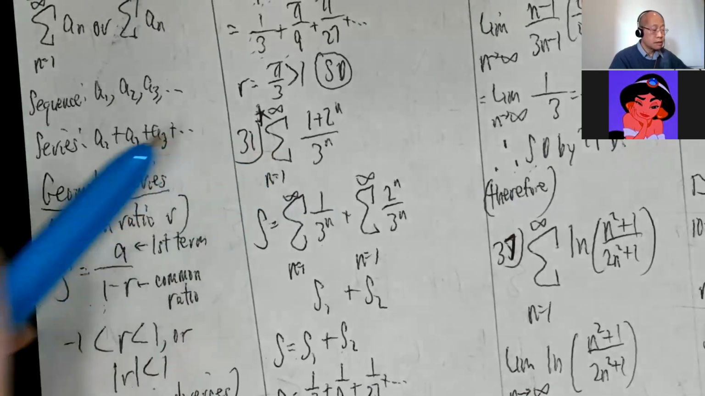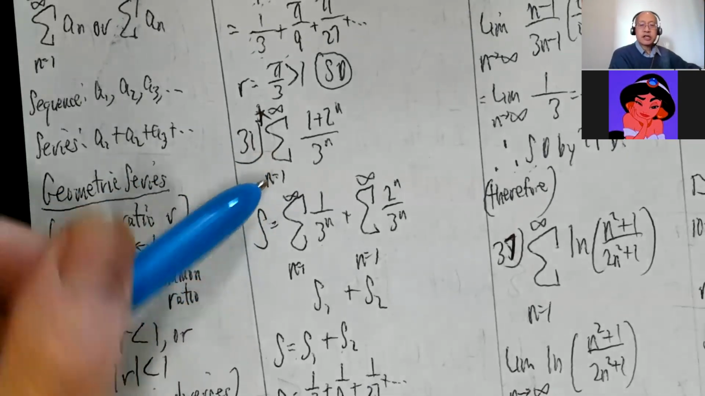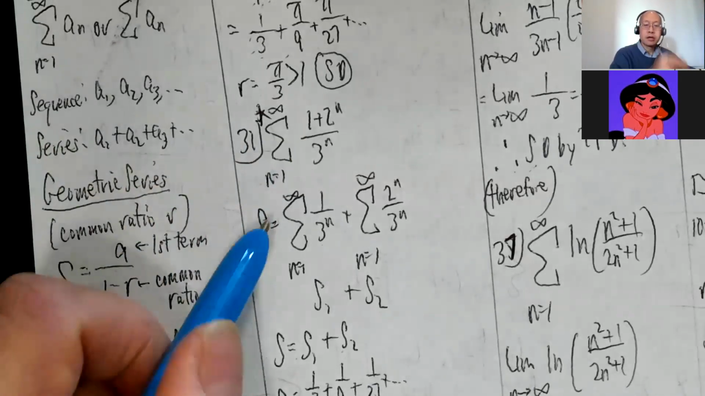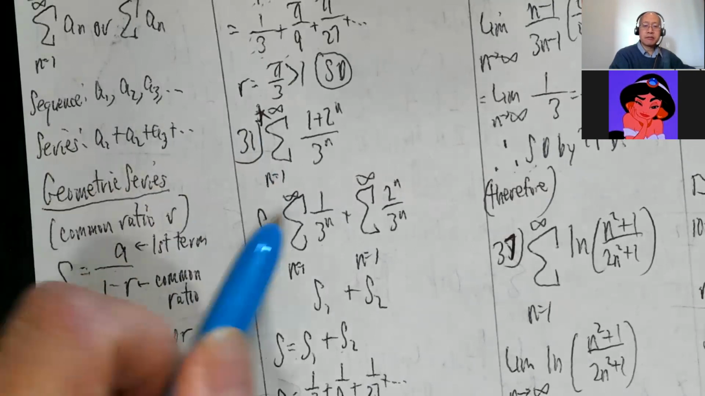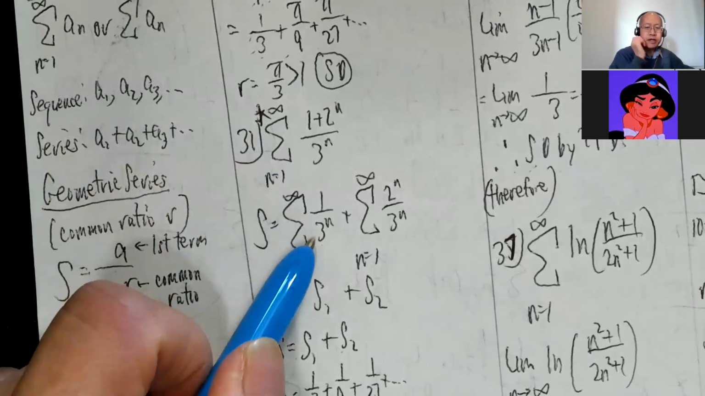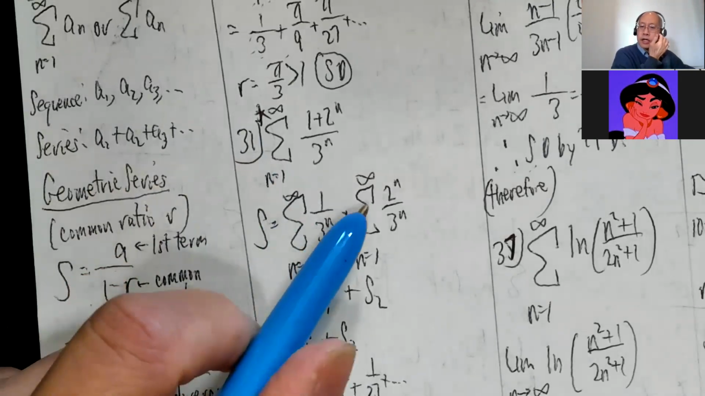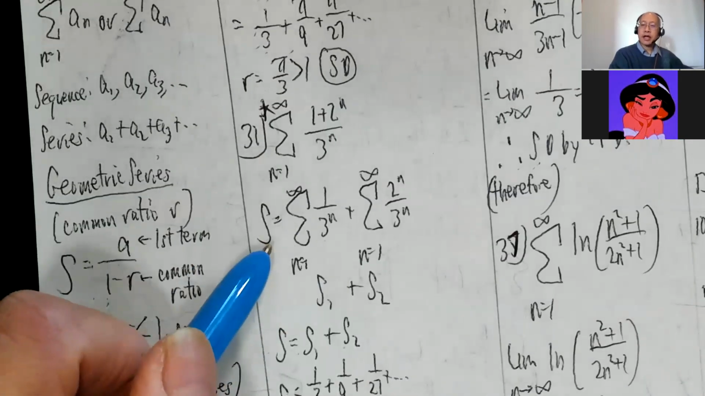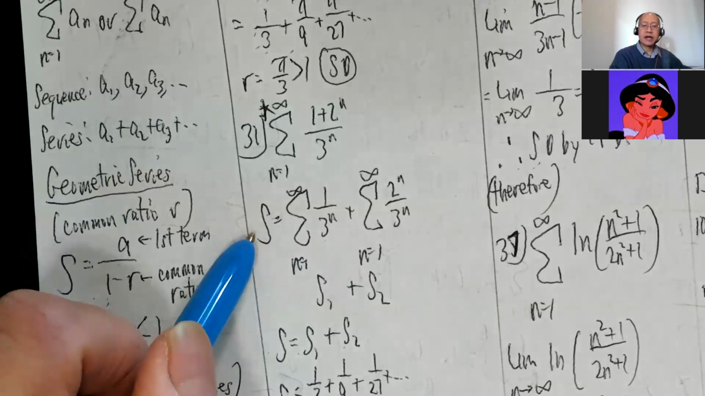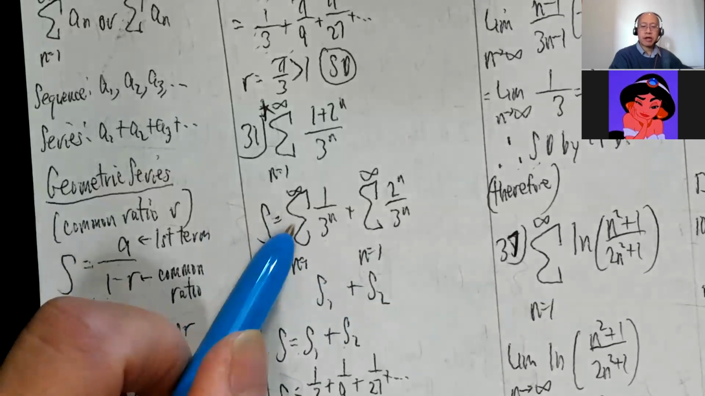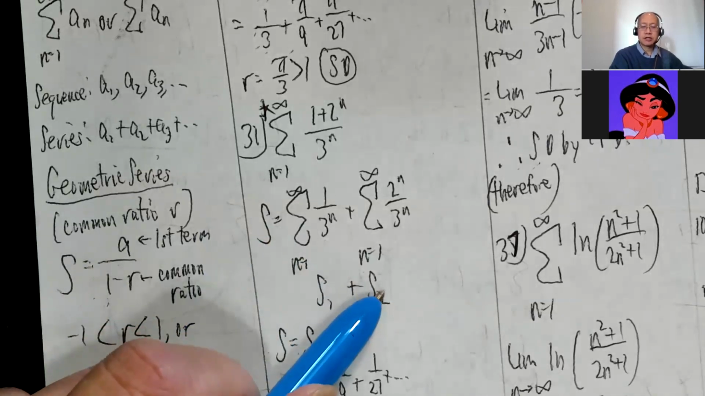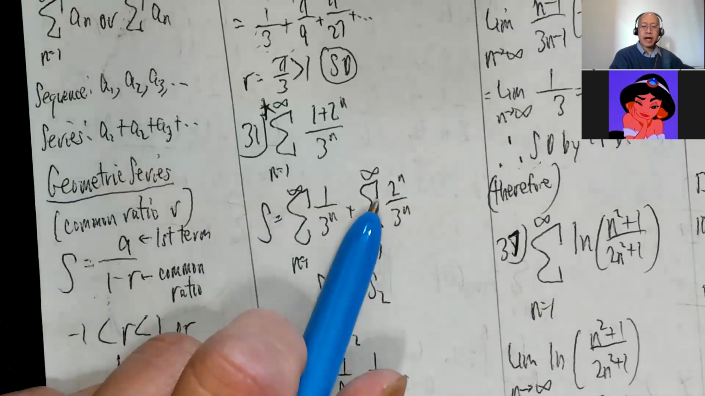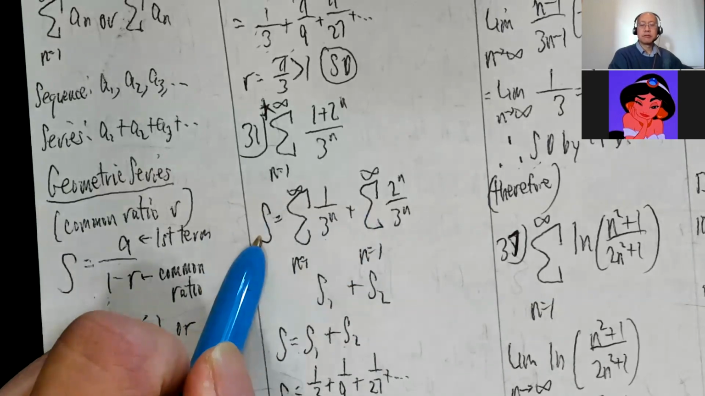31 star. This is actually not geometric, but I can split it into 2. I can split the sum into 1 over 3 to the n plus 2 to the n over 3 to the n. And just like for the integrals, where I broke up the original I into I1 and I2, I can break up the series into S1 plus S2. So I'll just find this sum, add it to this sum, and I'll get the total sum, provided both of these